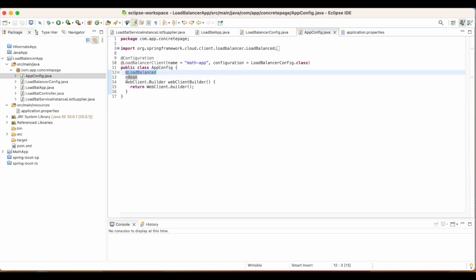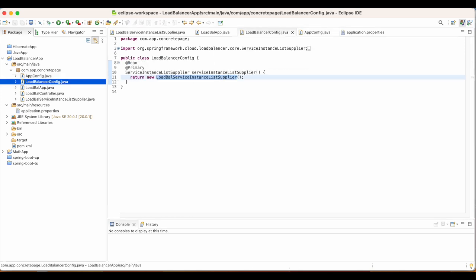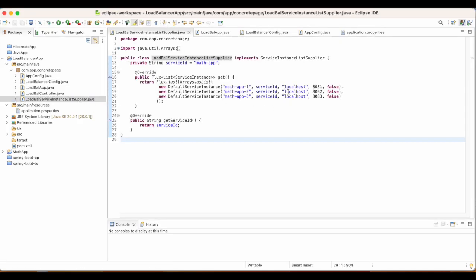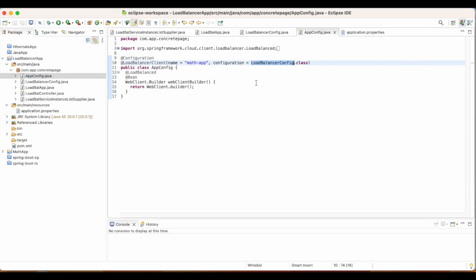Using this annotation marks it to use this configuration, and in this configuration it will use the load balancer config, and the load balancer config has the bean of the load balancer service instance list supplier, and the supplier has all the three instances. Okay, so this is our application config.